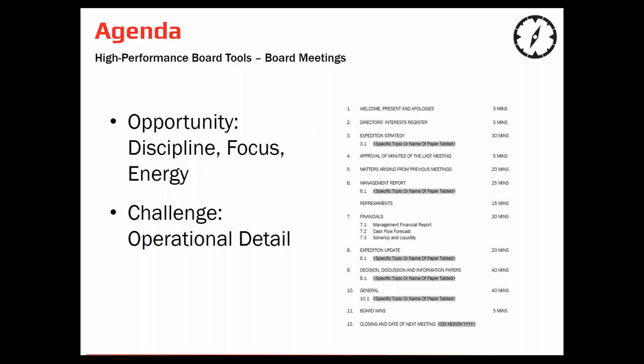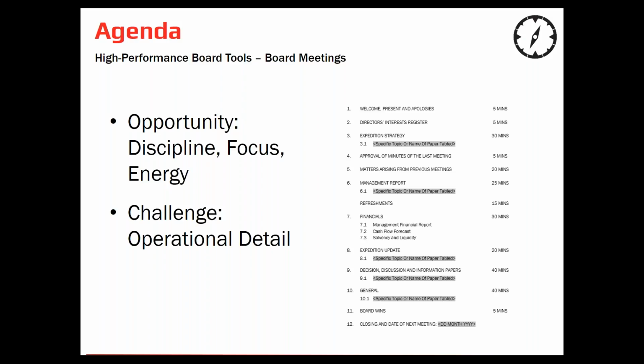So in this session, we're going to talk about the board meetings. And in the board meetings, one of the most important tools, I'm going to say each tool is one of the most important tools, so apologies in advance, but one of the most important tools is the agenda. This is defined and agreed between the chairman and the managing director as part of the planning cycle. The pre-board meeting is agreeing the agenda.